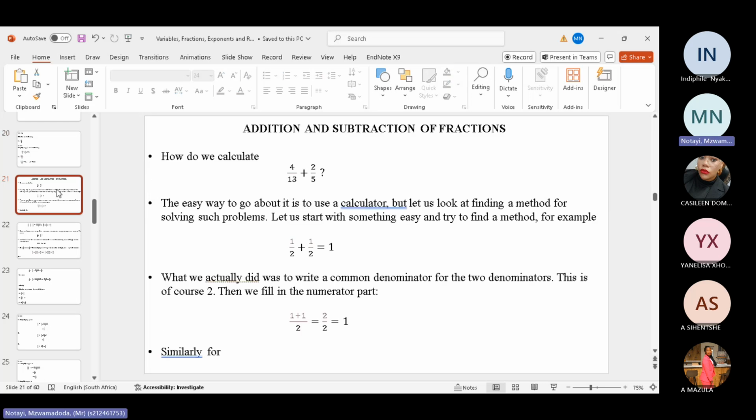So let's look at addition and subtraction of fractions. How do we calculate 4 over 13 plus 2 over 5? The easy way to go about it is to use the calculator. But let us look at finding a method for solving such problems without using a calculator. So let's start with something easy and try to find a method. For example,